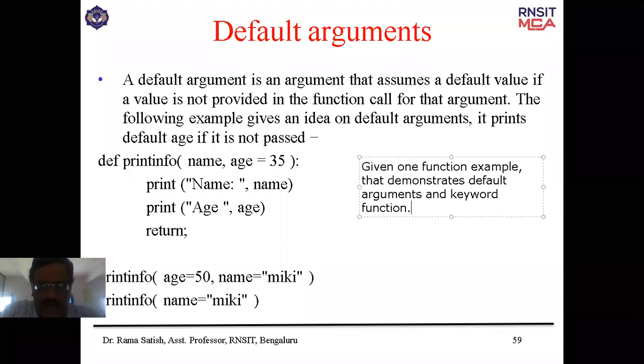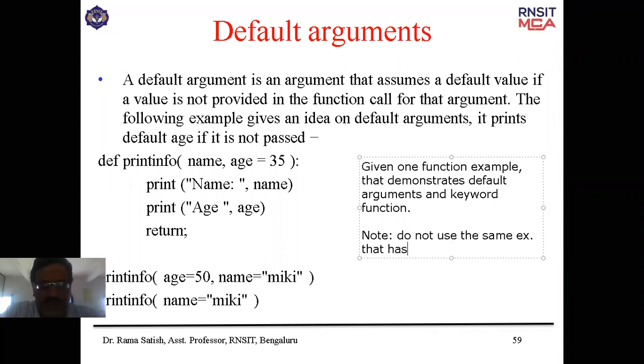And note very carefully, you should not use the same example that I have shown here, that has been used in the class. You have to give a different example other than what I have used in the class. Is that right? Okay.